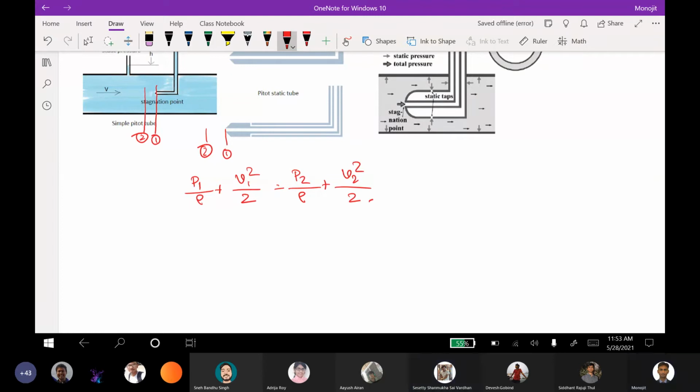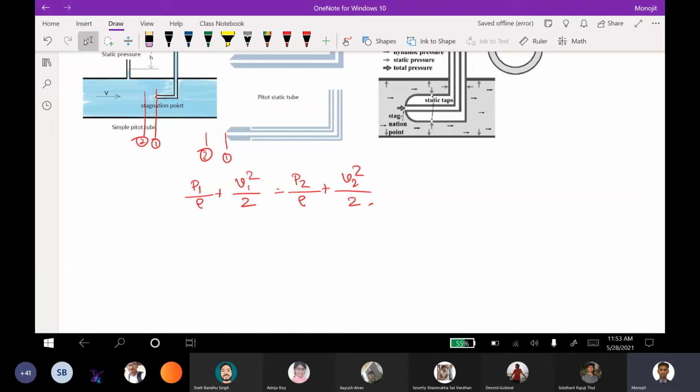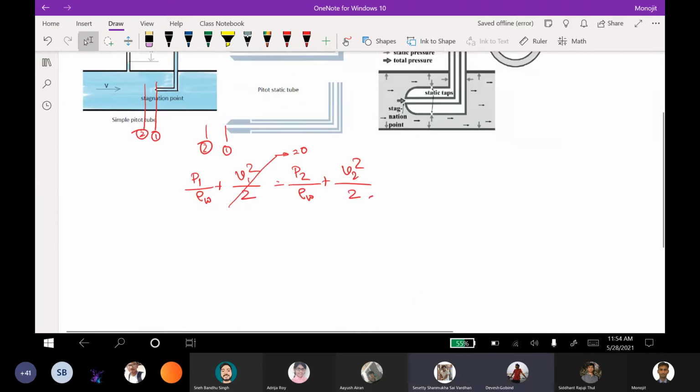Right. So the rho is for what? Which rho am I talking about here? The rho of the fluid which is flowing, right? Yes, sir. So let's take that to be water. I'm marking it as W. Now, as per the concept of stagnation pressure and as per the current situation, your V2 is equal to 0. V1 is equal to 0, right? Yes, sir.